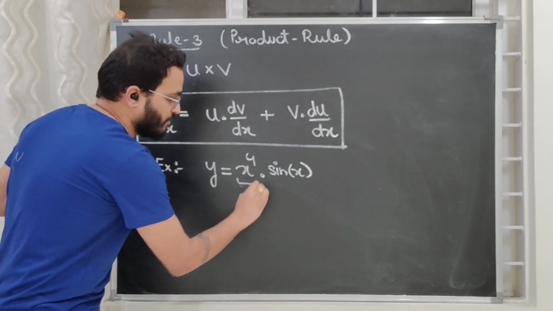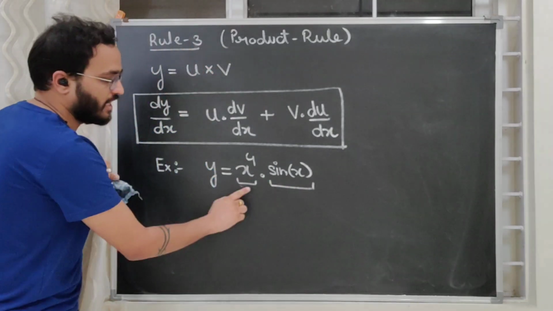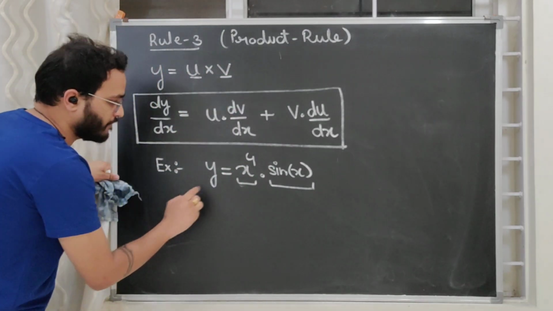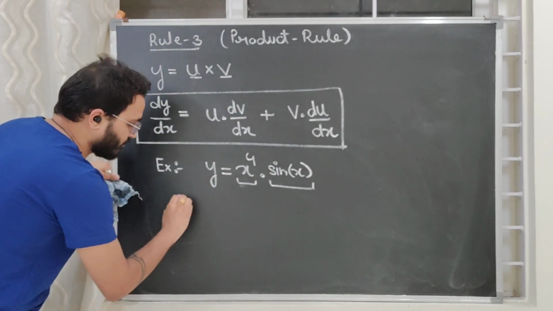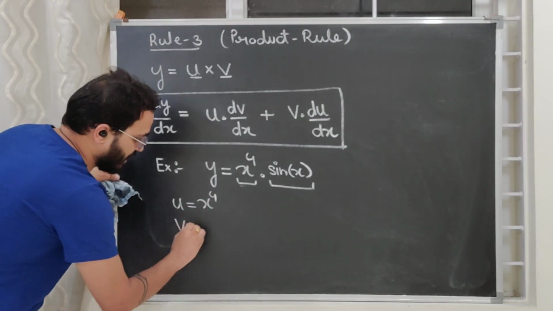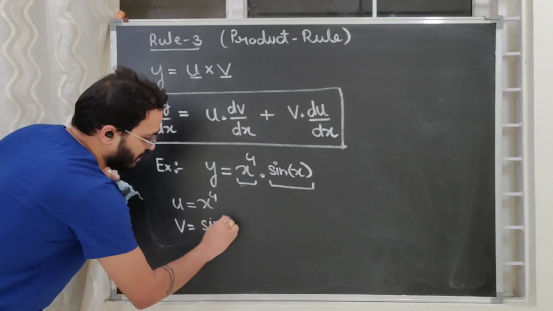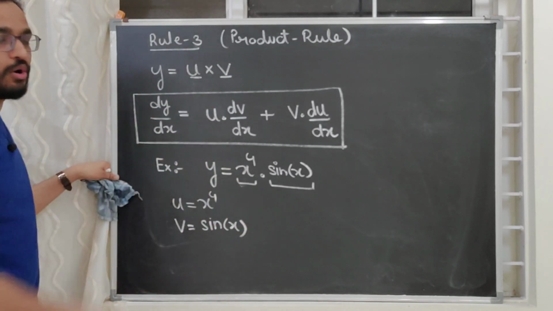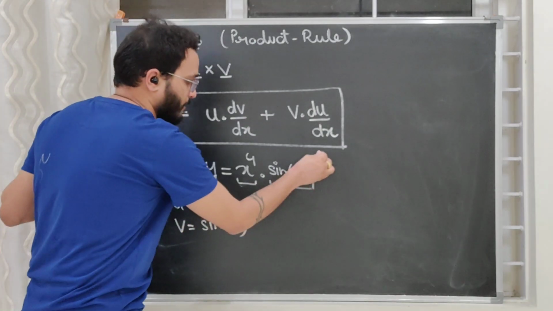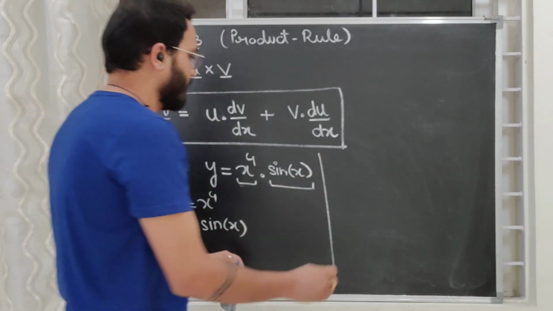This is one complete function, this is another complete function, and they are multiplied just like u multiplied by v. So let's treat x to the power 4 as u and sine x as v. And when we apply this product rule in differentiation, I will write it here, we will say